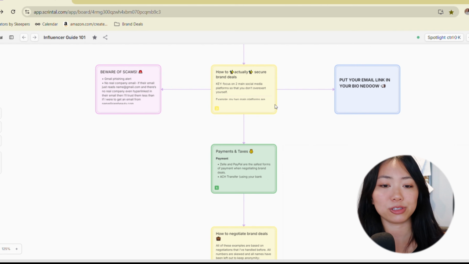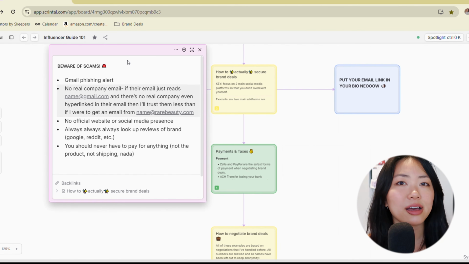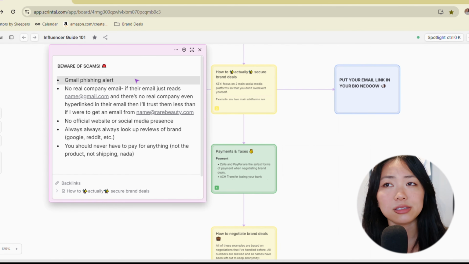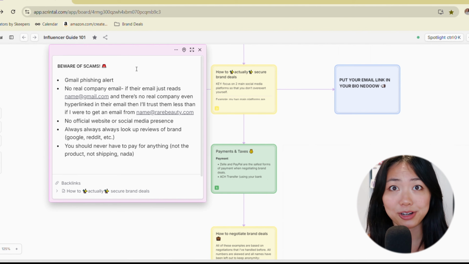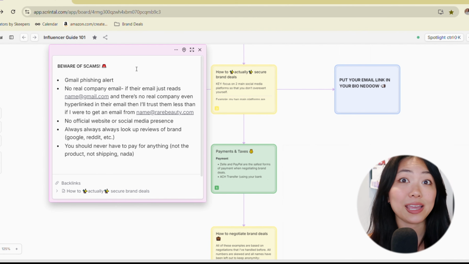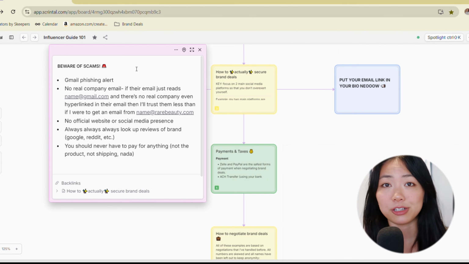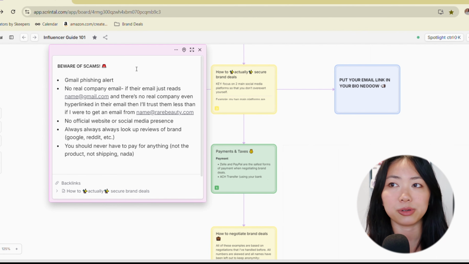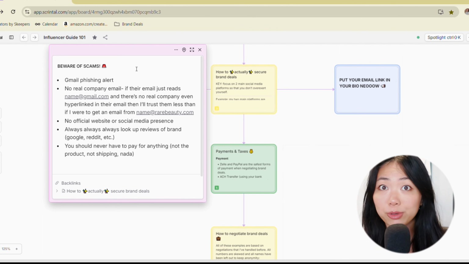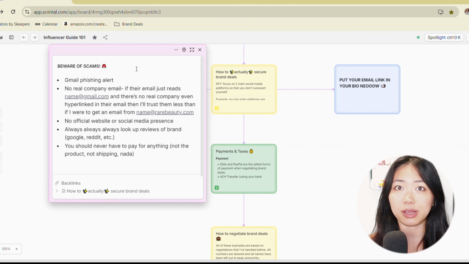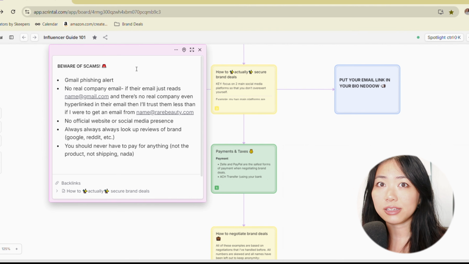In this section, I'm going to quickly cover some telltale signs of scammers. Some things that I like to avoid in fear of being scammed are: Number 1, Gmail thankfully has a phishing alert, so if an email seems like a scam or not from an authentic user, then Gmail will list it as a potential phishing alert. Any emails that are labeled as such, I tend to ignore. Number 2, there's no real company email. If the email is coming from name@gmail.com versus name@rarebeauty.com, I'll tend to trust the email that has a legitimate website behind it